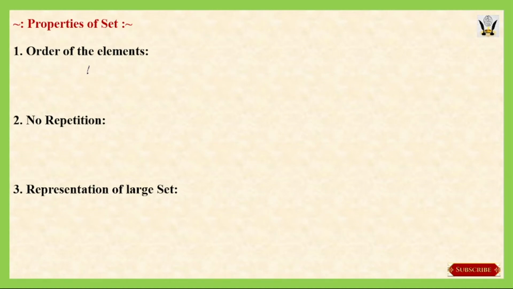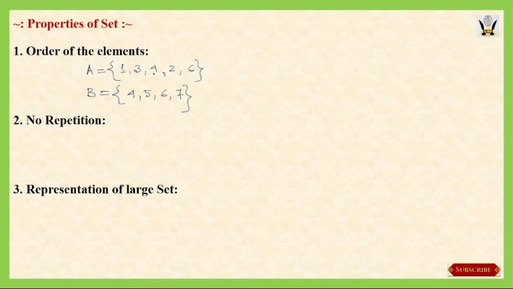Now suppose we have a set A where we have these 5 elements 1, 3, 4, 2, 6, and we have another set B where we have 4 elements 4, 5, 6, 7. So in the second example, set B has 4 elements and these 4 elements are arranged in ascending order. But if we look at the first set, set A, we can see here that